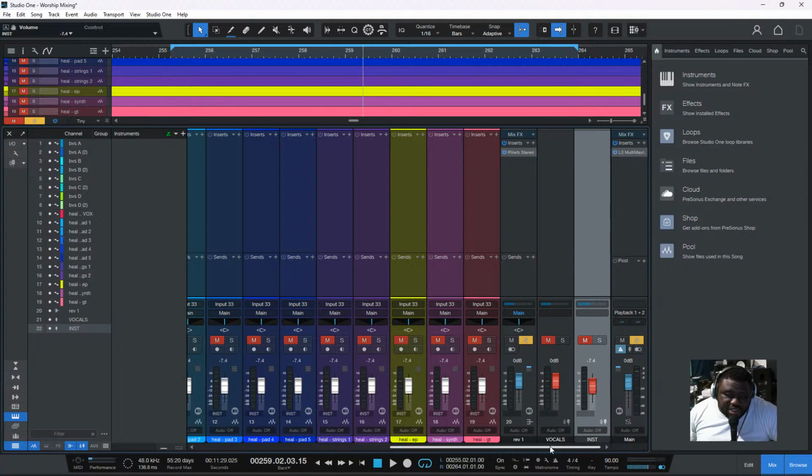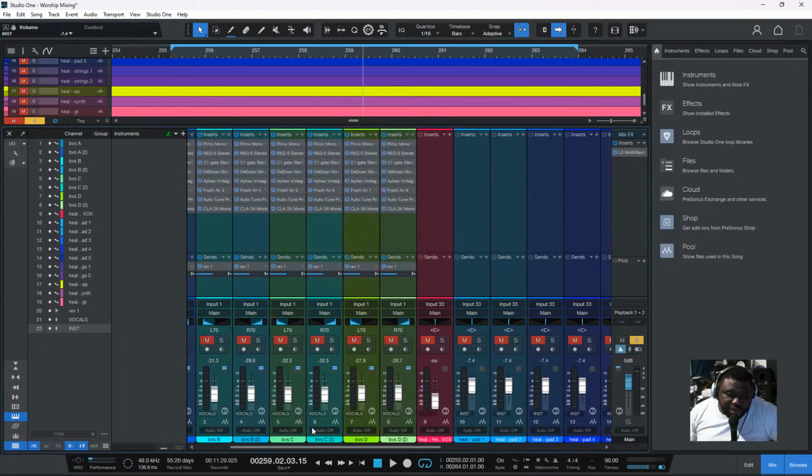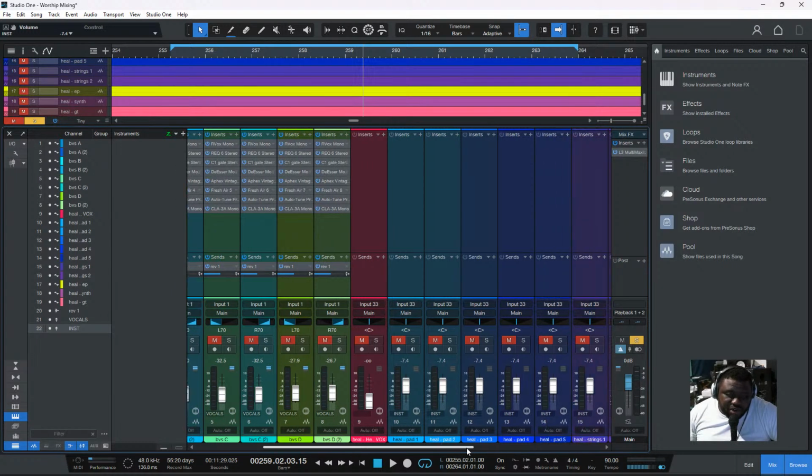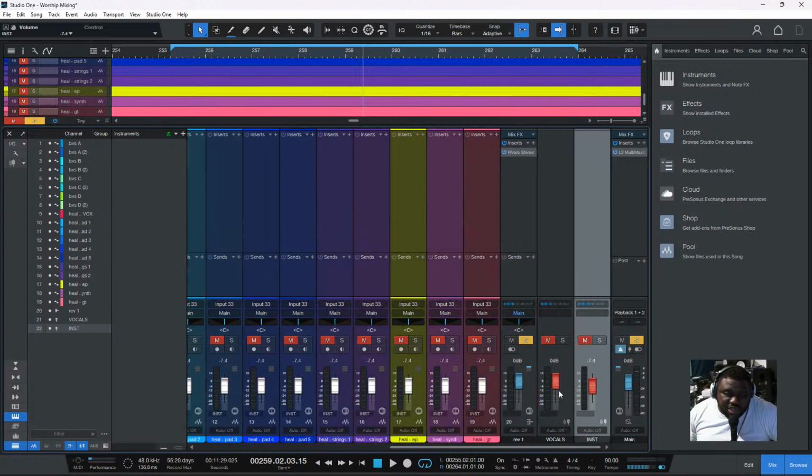So in this instance, once you are done with your mixing of everything, you can create VCA channels. That way you can use it to do your final touches to get everything to be where you need it to be. So for example, in this example, say based on the instrumentation, if I wanted to play,